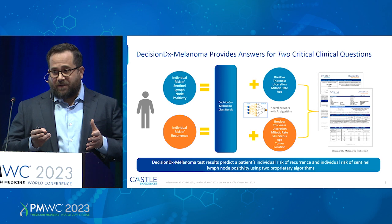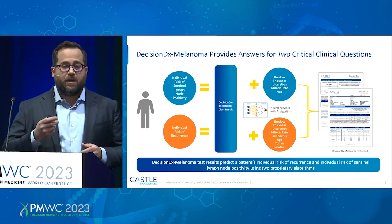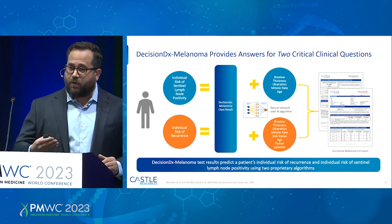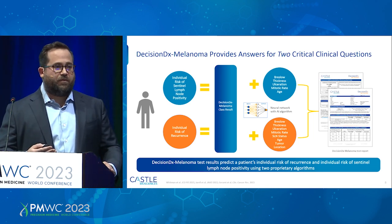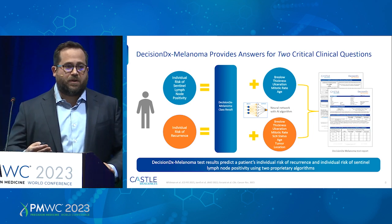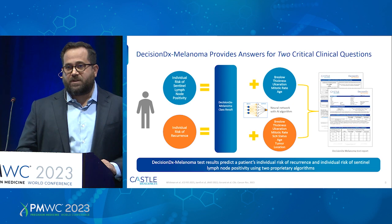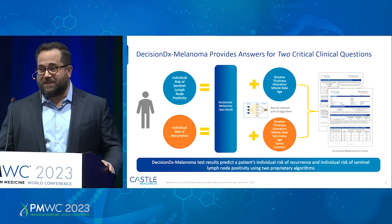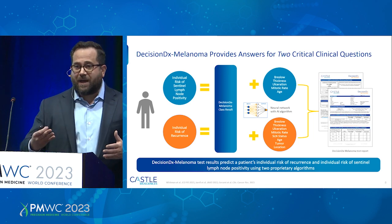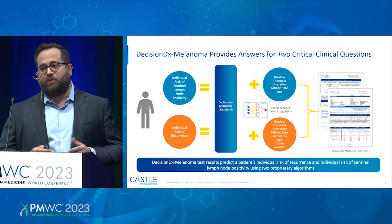And using a validated algorithm, these can actually produce precise risk predictions to inform the decisions around sentinel lymph node biopsy, so a precise risk of sentinel node positivity, and also risk of recurrence. So how likely is a patient to experience relapse, metastasis, or death? And these are then returned in reports to the treating clinician in a timely fashion, within 3 to 4 business days after submitting the sample. So real-time decision-making can be impacted for these range of decision points that are important for patients who are diagnosed